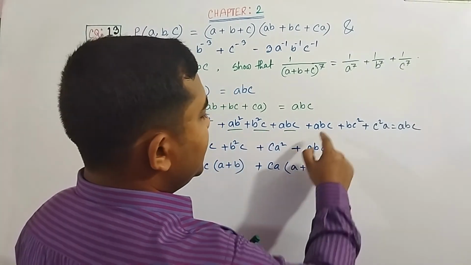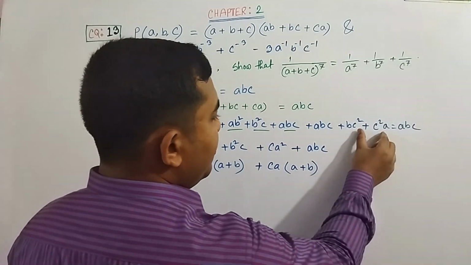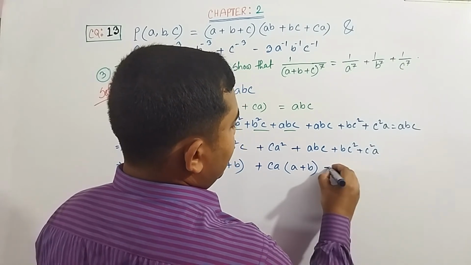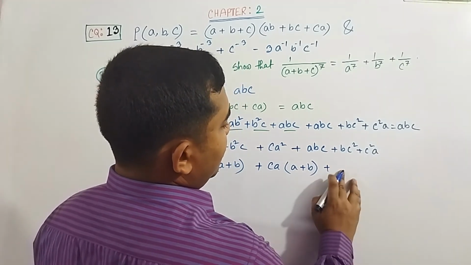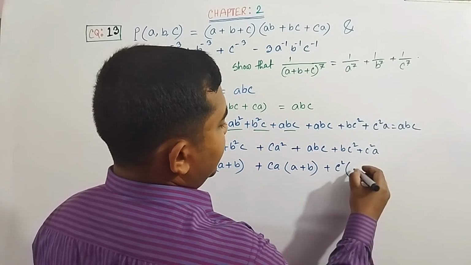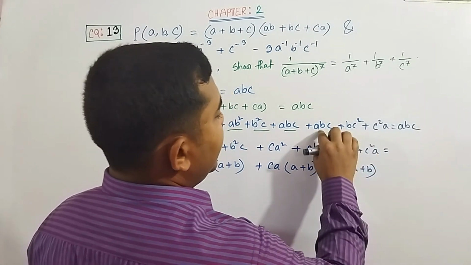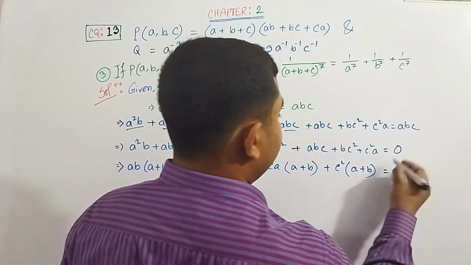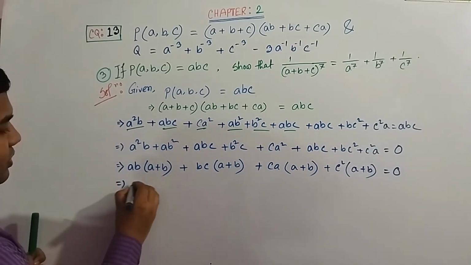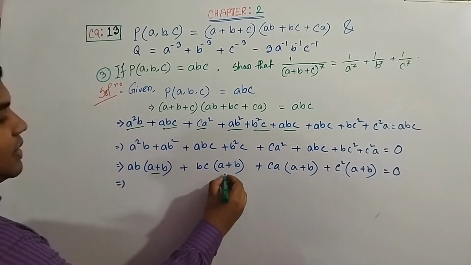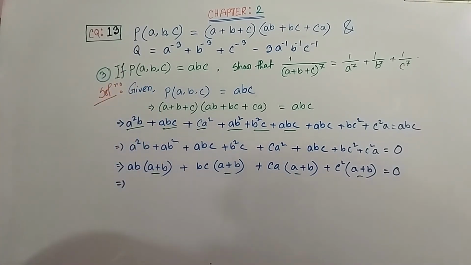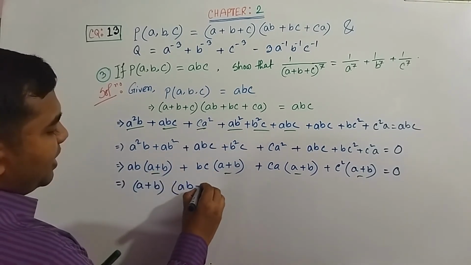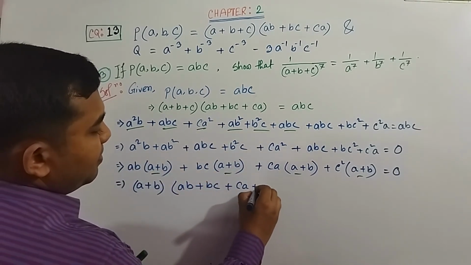Now ABC and ABC will be cancelled, and from the other two what can we write? BC square plus C square A, that is, if we take C square as common, then A plus B. And here ABC and ABC are cancelled because ABC minus ABC is 0. So ABC remains as the common part, first A plus B, and there AB plus BC plus CA plus C square